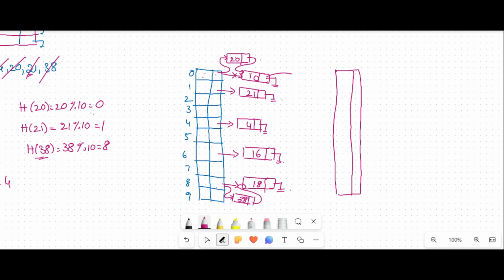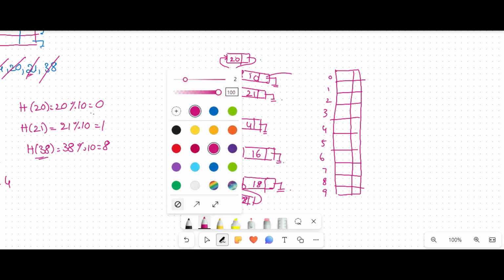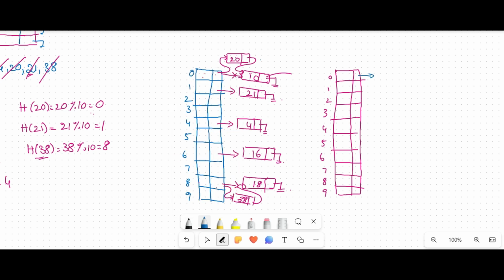That is, two partitions: 0, 1, 2, 3, 4, 5, 6, 7, 8 and 9. Okay. So now the final hash table is, so here the first element is 20 and the next element is 10. Next, in the first bucket